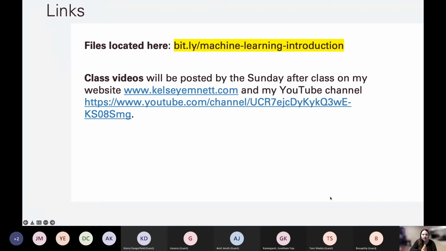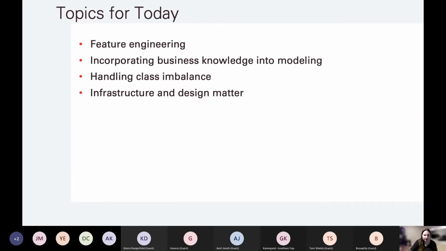So again, these are the files that are shown at this link. But we're focusing on things that are harder to learn. So the first one is feature engineering. There are certain patterns that you're going to see in general that come up over and over again, but there's